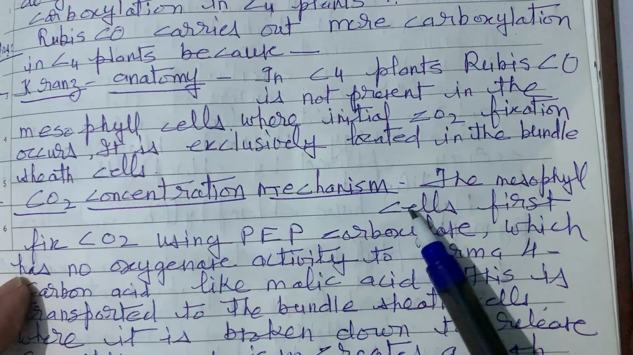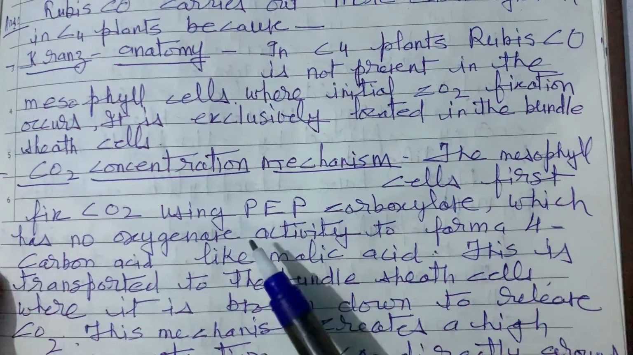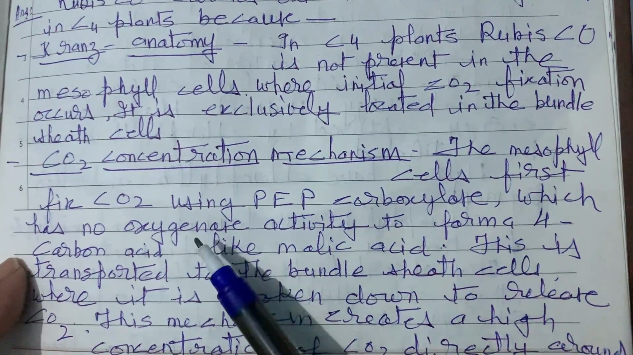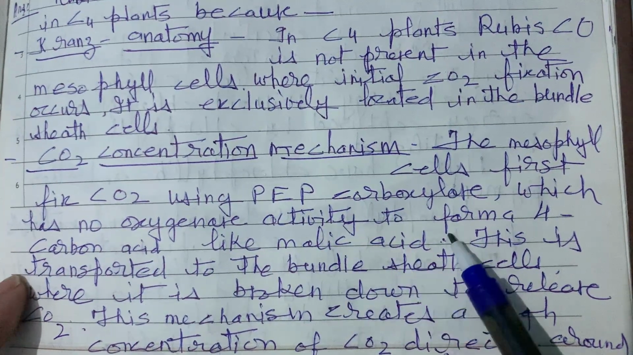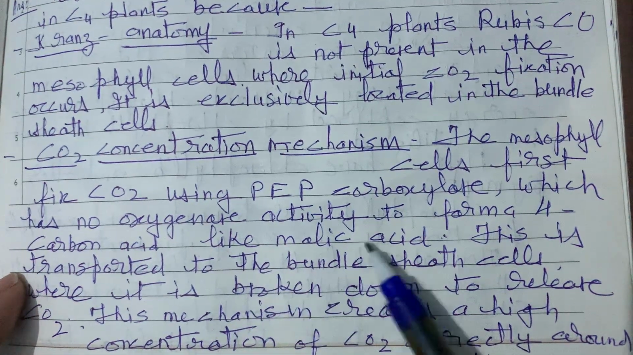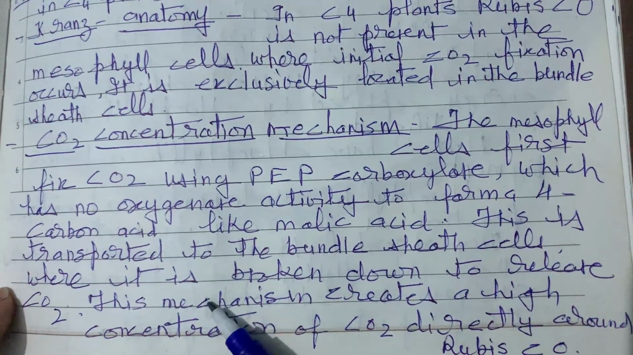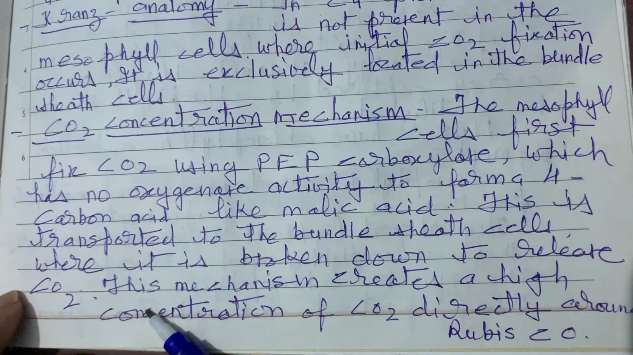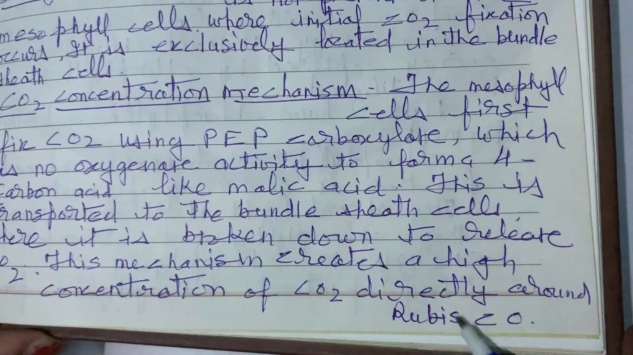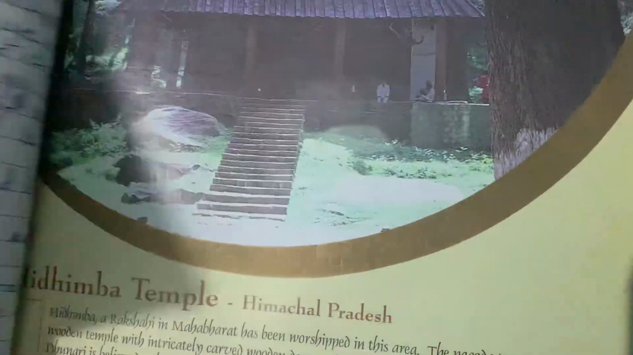Carbon dioxide concentrating mechanism: in this, the mesophyll cells first fix carbon dioxide using phosphoenol pyruvate carboxylase, which has no oxygenase activity, to form a 4-carbon acid like malic acid or aspartic acid. This is transported to the bundle sheath cells, where it is broken down to release carbon dioxide. So this mechanism creates a high concentration of carbon dioxide directly around ribulose bisphosphate carboxylase oxygenase,